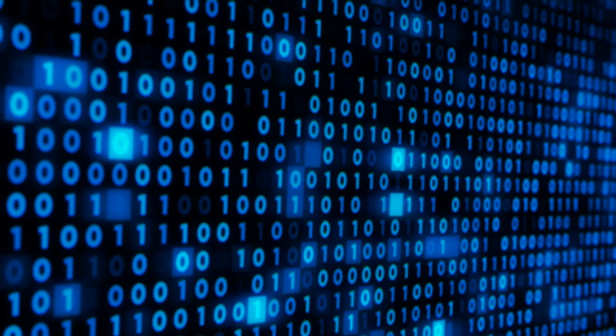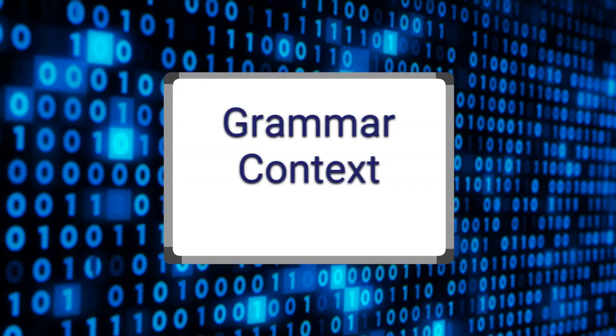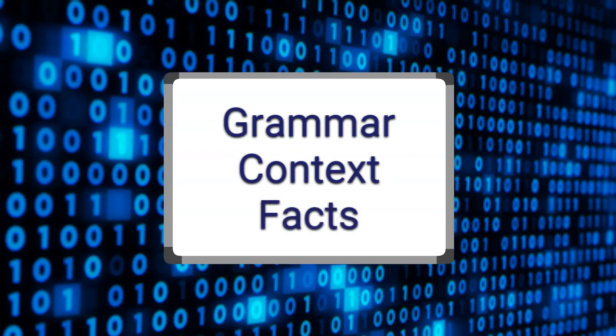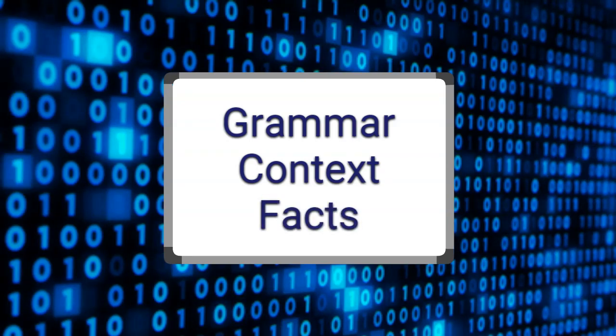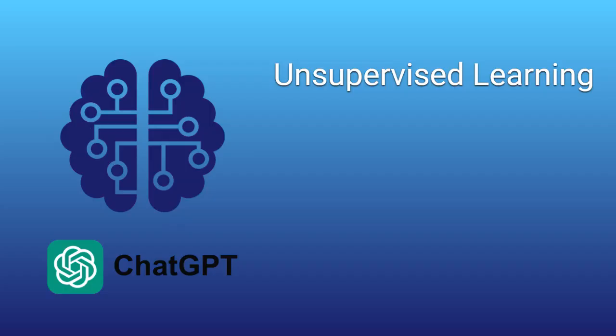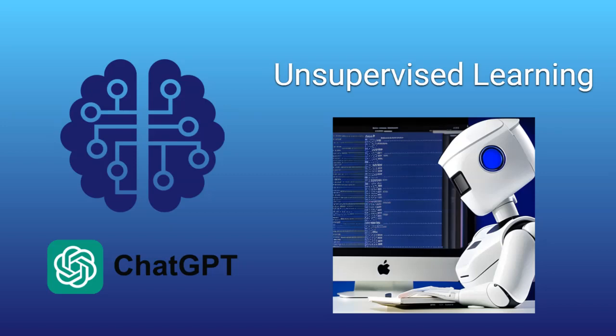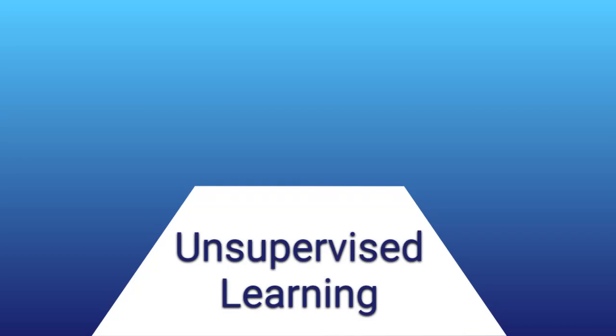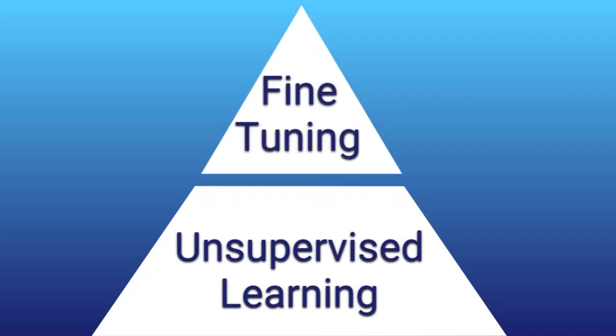By making these guesses millions of times, ChatGPT starts to understand grammar rules, context, and even some common facts about the world. It's learning without explicit instruction, hence the term unsupervised. So unsupervised learning allows ChatGPT to absorb a vast amount of knowledge and understand the structure of language, making it capable of generating human-like text. But remember, this is just the first step. Unsupervised learning provides the foundation, and then fine-tuning builds on top of it to create a helpful and safe artificial